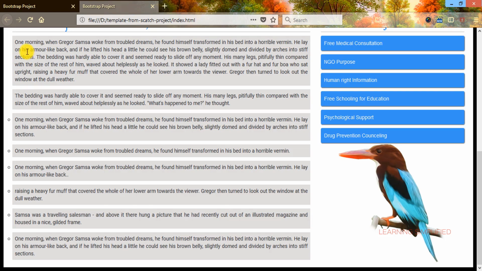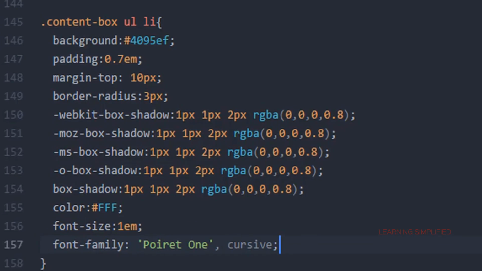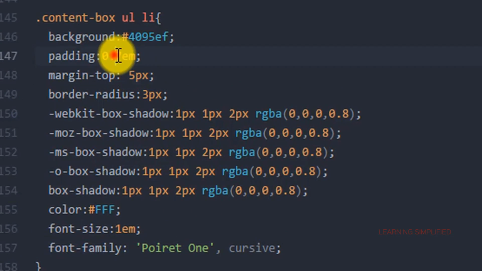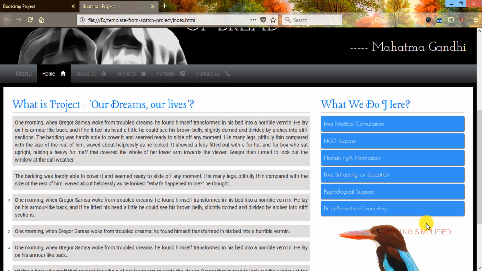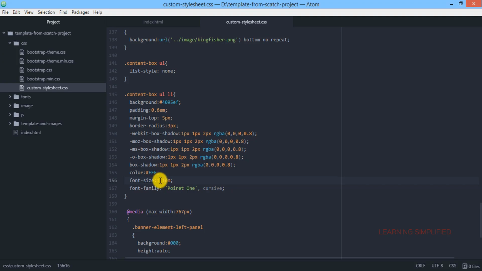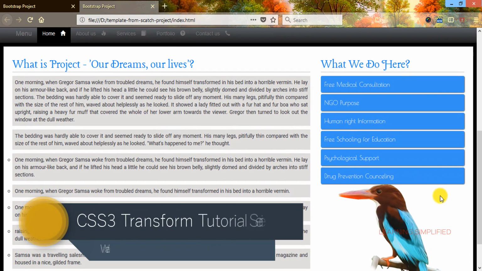Now let's just reload, and we can see that these things are now in accordance with our template, and we are going to increase this font size a little. So let's reload, and we can see that the font size has been enhanced a little more. There it goes, and here it is. So everything is now in action.